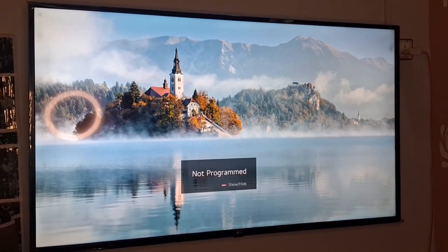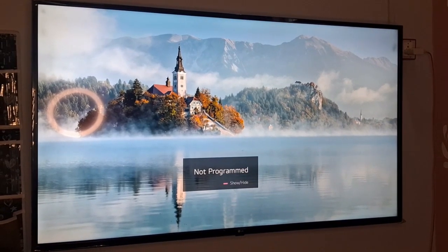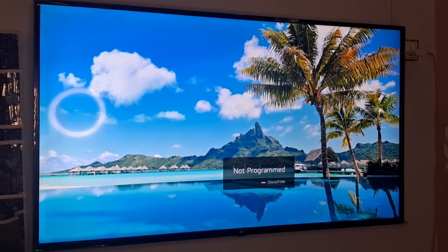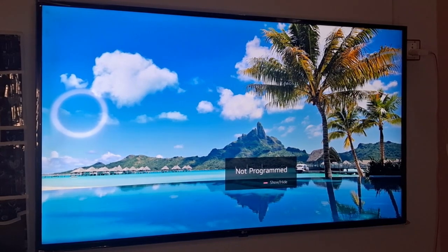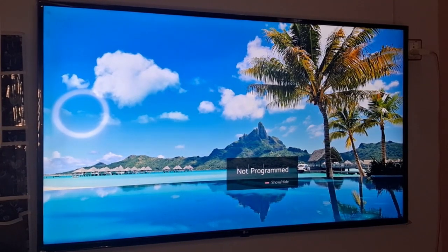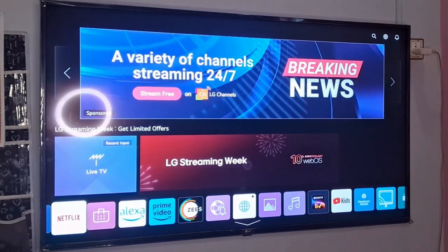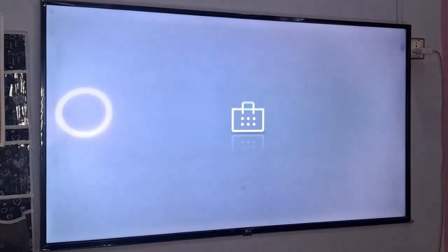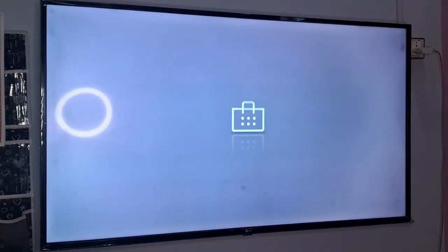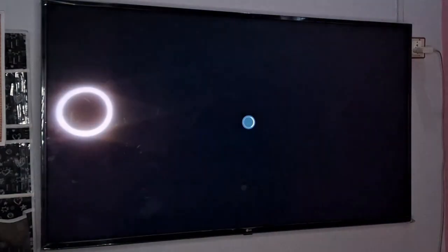In this video, I am going to tell you how to activate LG Channels app on LG TV. So for this, you need to go to the home button from your remote, and then you need to go to LG Content Store. So LG Channels also provides an application which you can install and which you can use